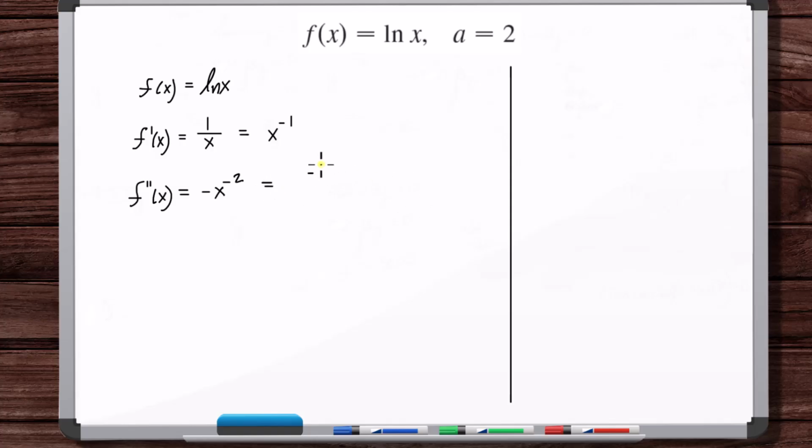So that's minus 1 over x squared. And you just want to do as many derivatives as you need in order to see a pattern. Okay. And remember, the derivatives here have nothing to do with the center point. You're just taking derivatives of the function. Okay, so minus 6x